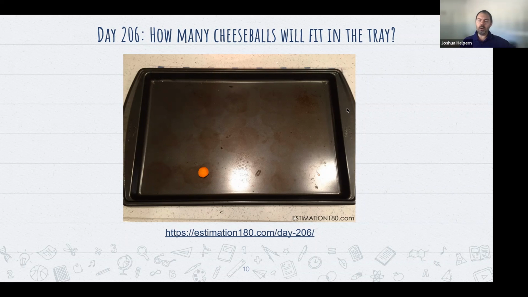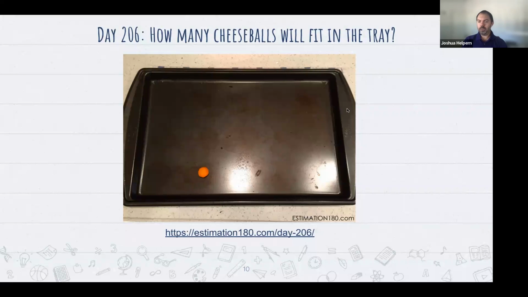So if we picked our range, on the too low, we've got 100 now. On the too high, I might say, okay, let's use 1,000 as too high. So I've got the bottom and the top. Now I'm going to say, okay, so there's our range. Our range has been narrowed down. It's a good size range. What would you choose as your estimate? Do you think your actual estimate is going to be right in the middle of those two numbers? Do you think it'll be closer to the 100 side, the low end? Do you think it'll be closer to the 1,000 side, the high end? What do you think is a good estimate? How many cheese balls do you think are going to fit on this tray? Go ahead and throw your estimate in.